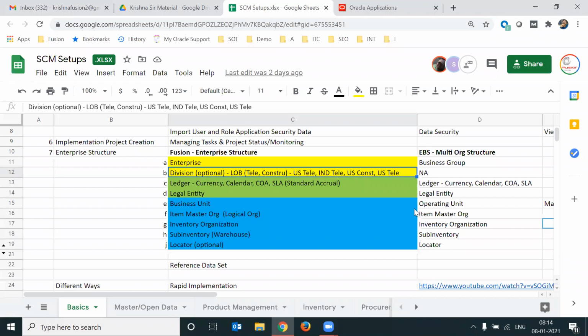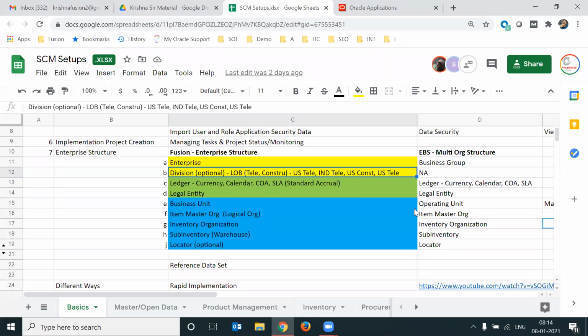Suppose let us take Tech Leads. Tech Leads is into training, and Tech Leads is into staffing services also. If you want to consider both of them as two separate lines of business, then we should call them two separate divisions. So Tech Leads training is one division, and Tech Leads staffing services is another division. Now I'm giving examples based on the line of business.